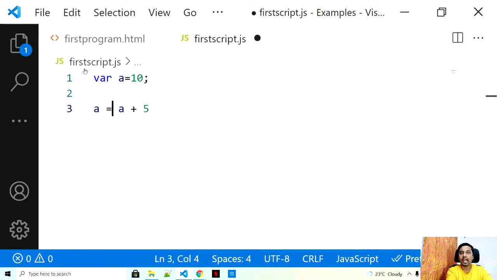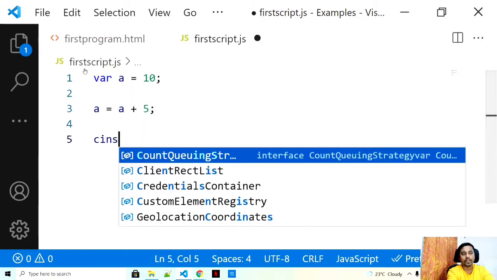Whatever is on the RHS, the right hand side, will be evaluated first, and then put back into the left hand side. So a is already having a value of 10, and I'm adding 5. It would basically consider 10 plus 5 in the background. So a plus 5.